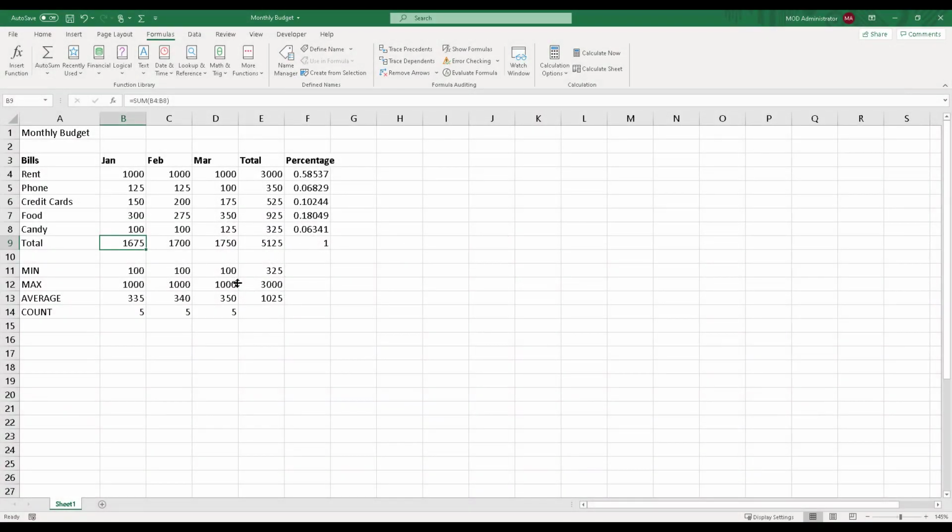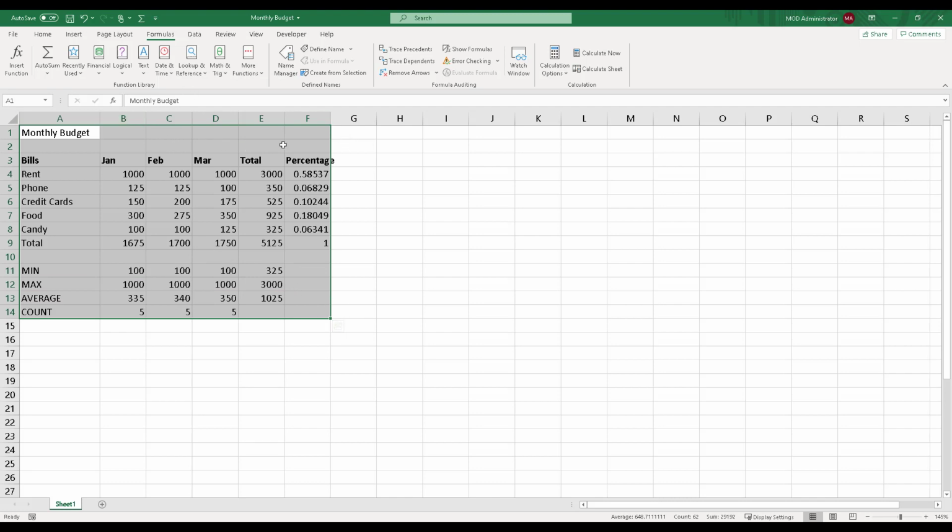So here we are in our monthly budget example that we have been using in our video series, and we have some data on our sheet over here. Let's say my data starts in column A and goes all the way to F14. Instead of starting over here, maybe I want to start everything from column G, from G1. So I will select all this data from the beginning till the end, that is, I will left click and drag the selection over here.